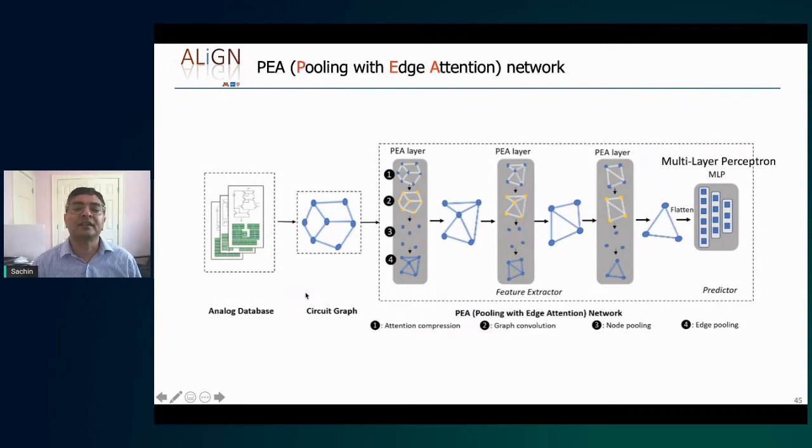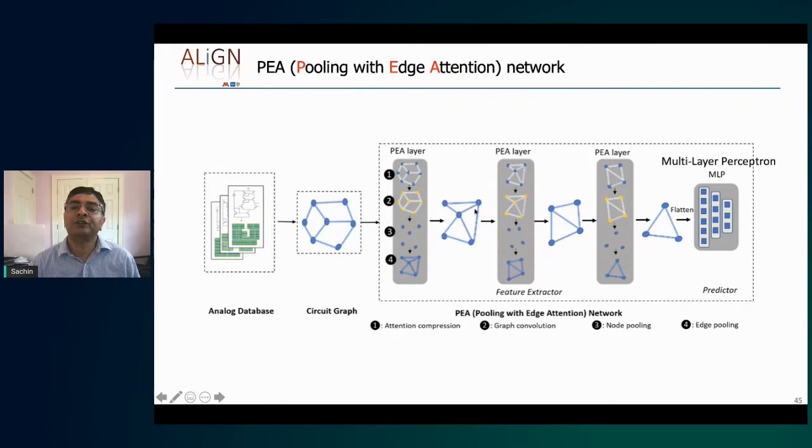So if we have a predictor of this sort, that can come about using a trained graph neural network. One such approach is something that was published, led by my colleagues at Texas A&M University. It's basically a graph attention network, but unlike conventional graph attention networks where the attention is based on the nodes, here the attention is based on the edges of the graph. And so using this approach, using some kind of a pooling approach with edge attention, we were able to use techniques that predict performance.